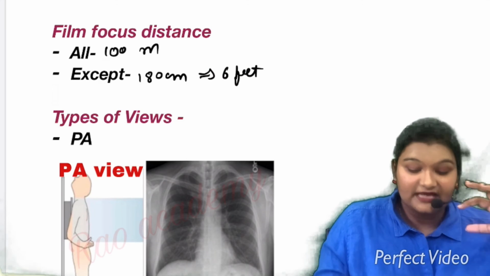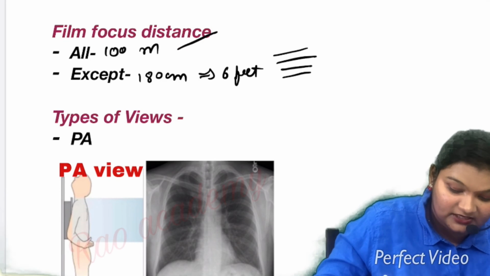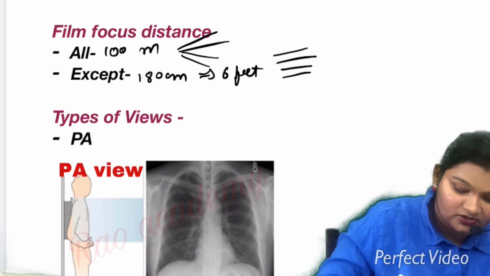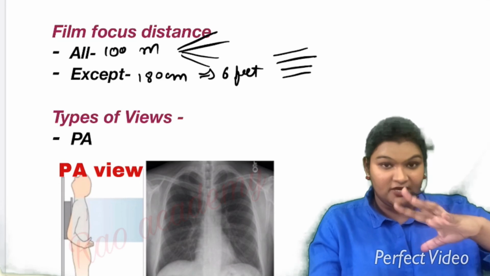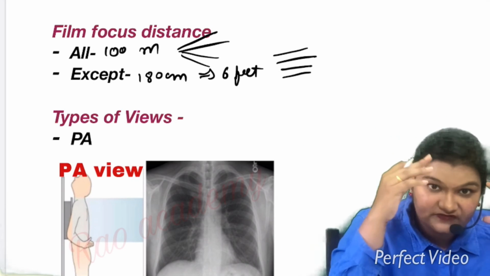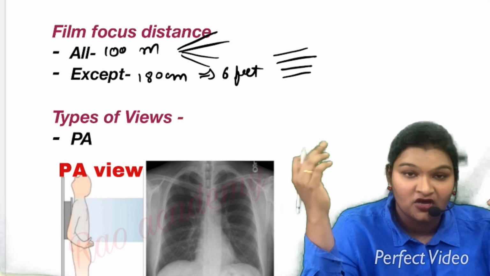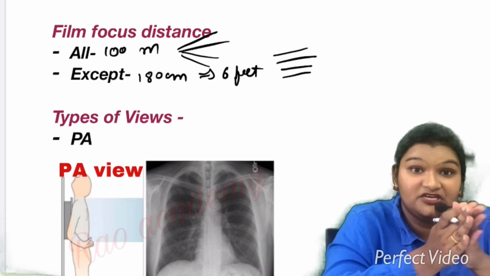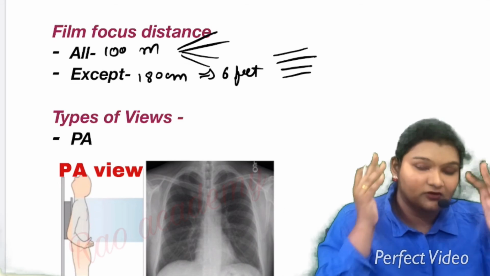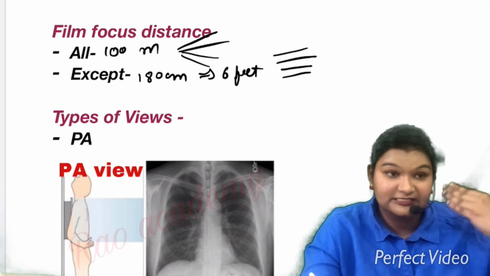The reason is that after 6 feet the X-rays are parallel. Before that they are divergent, but here they are parallel to each other. So because of this parallel X-ray, there is no cardiac magnification, no increase in the size of the heart, which would be caused by divergent X-rays. Can you relate this with ophthalmology, that when you put a Snellen's chart, you put it 6 meters away from